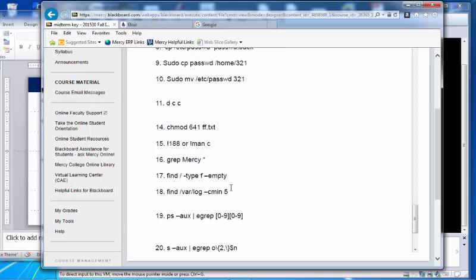Question number 12, undo all changes since the previous update, then just simply quit. If you do ZZ, then it saves and exits. If you do w exclamation mark, then it saves and stays, meaning you save the current version and continue to work. That is the question number D.